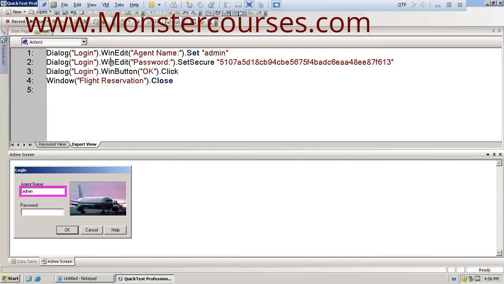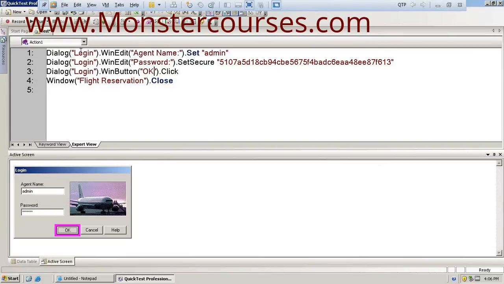If I place a cursor on the second statement, you can see that action. If I place a cursor on the third statement, you can see this action. So active screen is used to view the snapshots of the recorded actions. We'll see this data table later on.